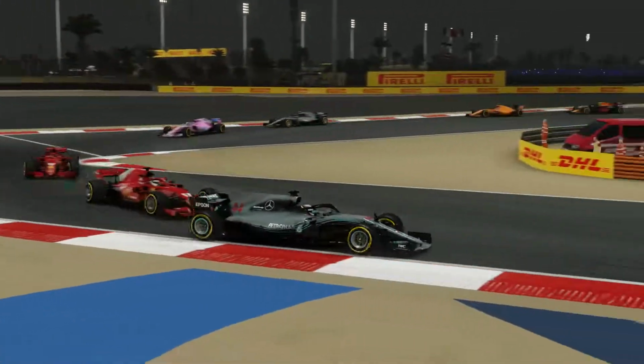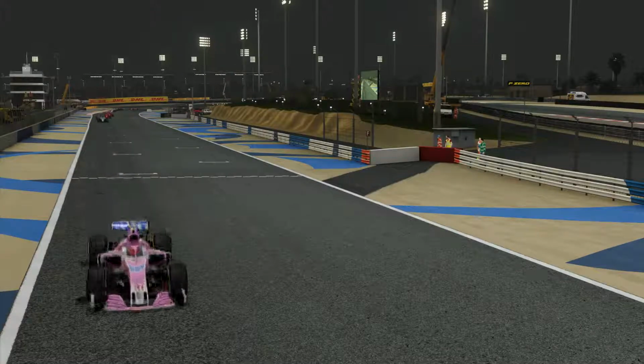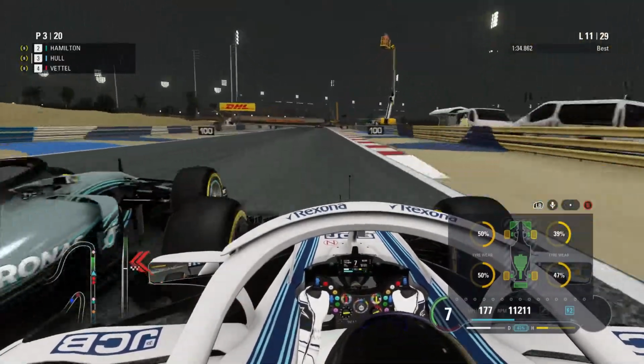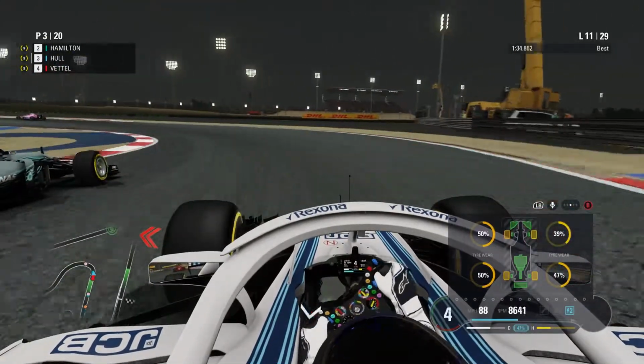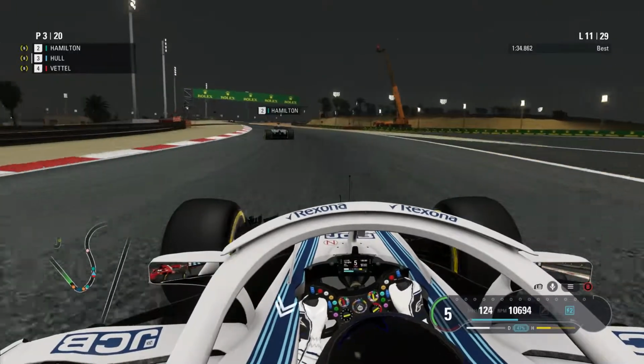But you can see now we're struggling with front-end grip there through the left-hander, and that has actually put Hamilton into the clutches of both Ferrari cars. We've got a bit of a train building up behind us here. As you can see, our left-hand side tyres are up to 50% wear, so we're going to be coming in soon. Go wide, let Hamilton get through, and that actually allows Vettel to pounce on us there,